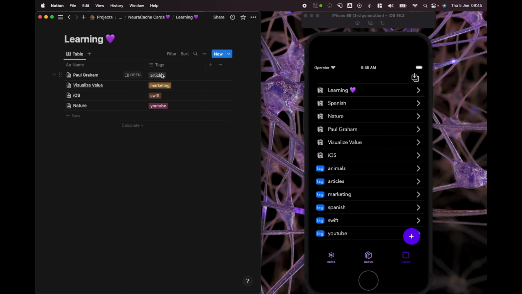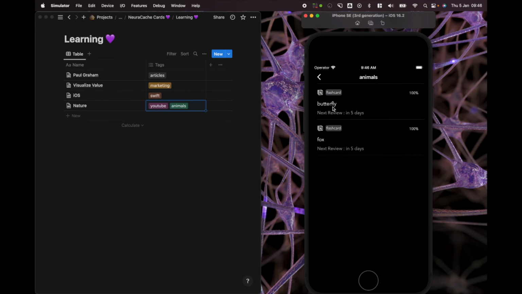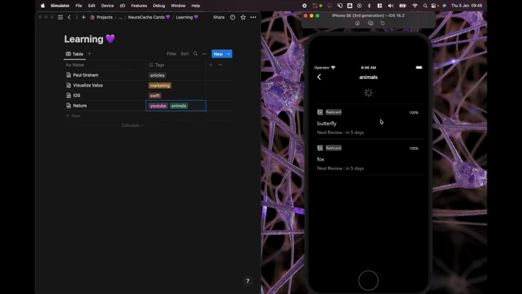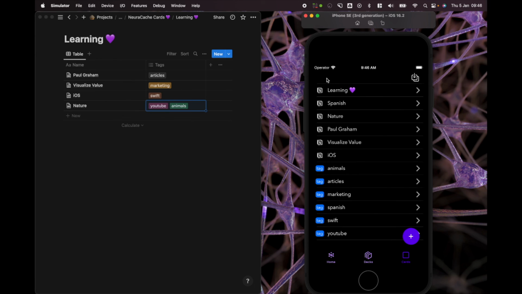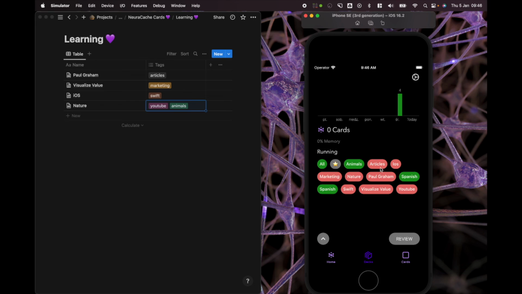Additionally, you can use tags to bind cards from several databases. So if I have a separate database, like let's say our Spanish database, and if I tag them with animals, what will happen? The animals tag will contain not only the Spanish words, but let us try to sync now. Let's see if the animals tag will now also contain the why we have seasons, right? So everything connected to animals, and you can go in here and study by animals tag, which contains 3 cards